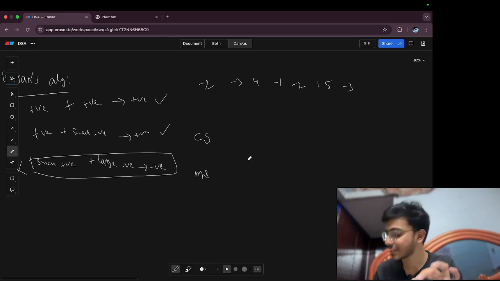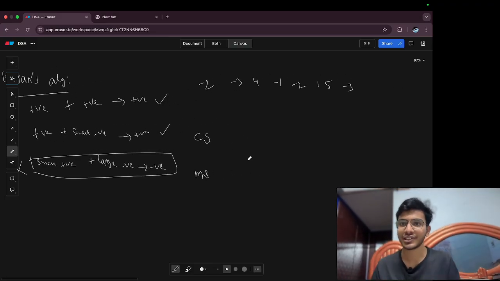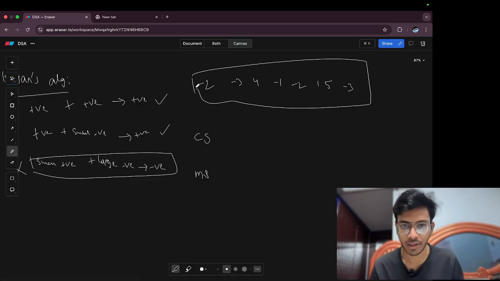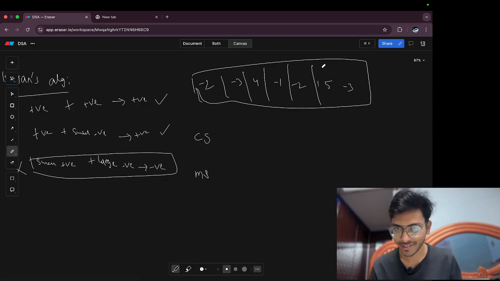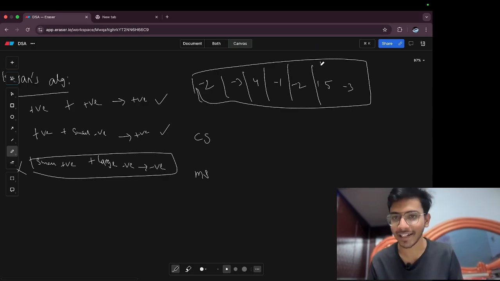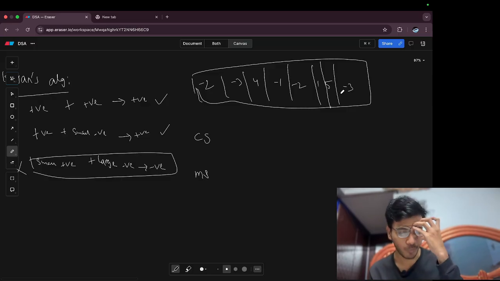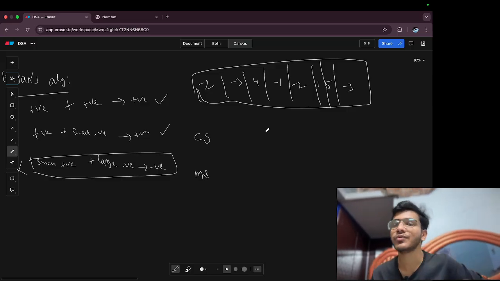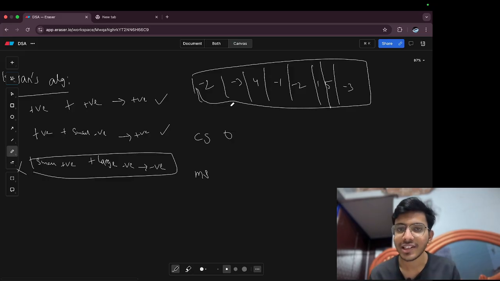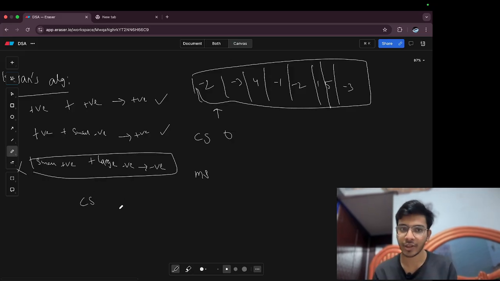Listen to my words very carefully, this is the given array. My handwriting is bad again. Actually, it's not handwriting, it's diagram. Okay, 5 and minus 3. So we will initialize current sum with 0. Okay, now here you can see this is a negative element, so we will add the current element, which is